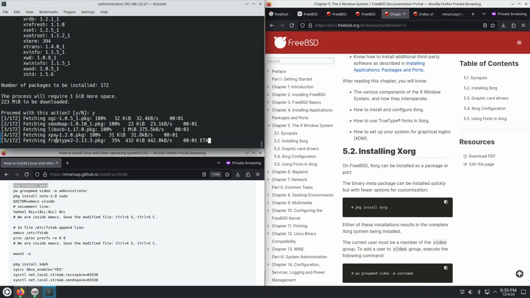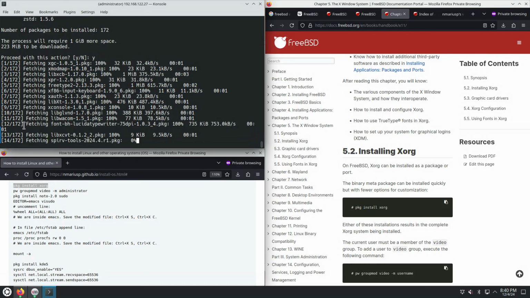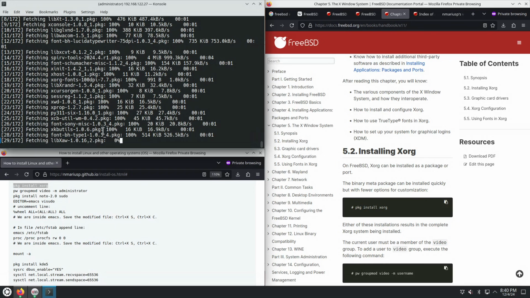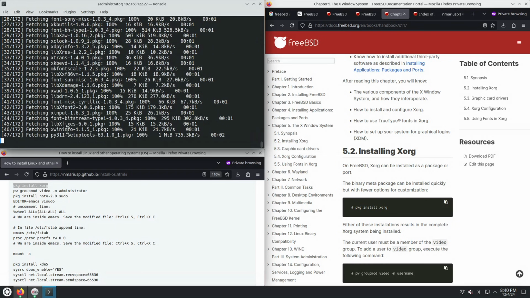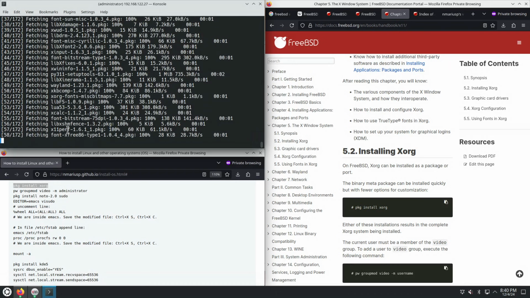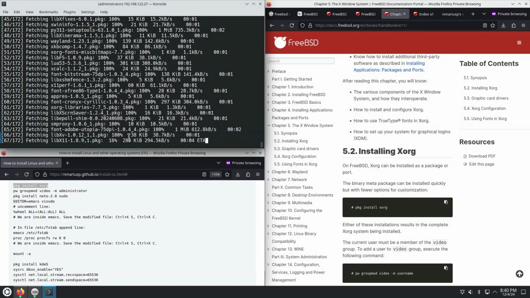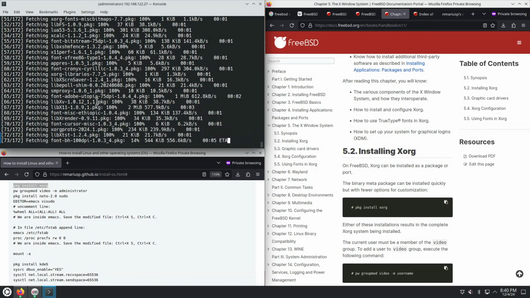Okay, so it installs 172 binary packages. And since FreeBSD doesn't have the -dev split packages, in fact, it's the equivalent of maybe 600 Linux packages. So a ton of packages, a ton of X libraries, fonts,